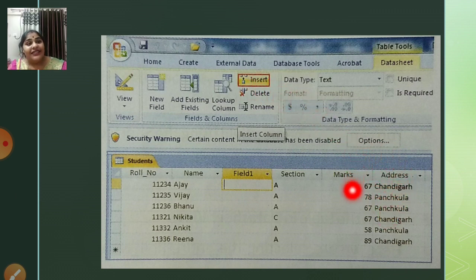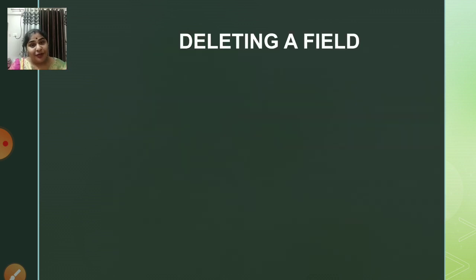That is after marks, that is the left side of the address. So wherever you click the particular field, and when you insert a new field, it will come to the left of that particular field, and by default the name of the heading of the column will be Field1. So this is how you insert a new column or new field in the table.